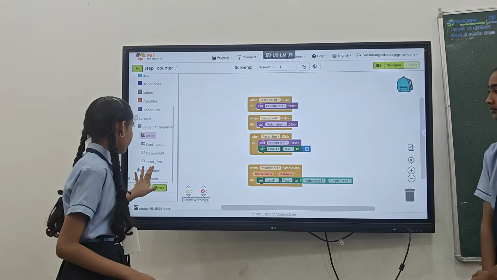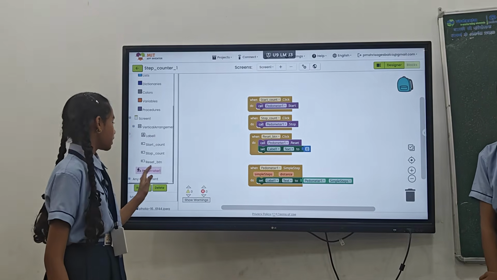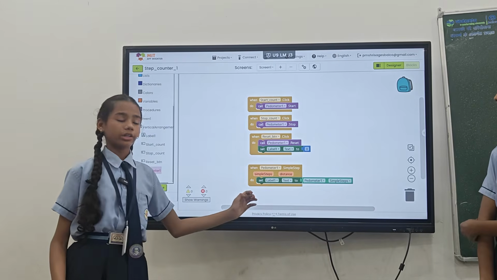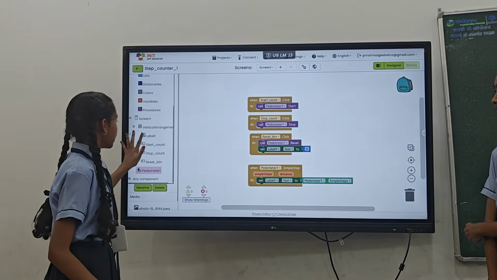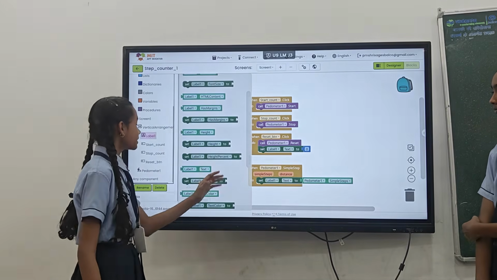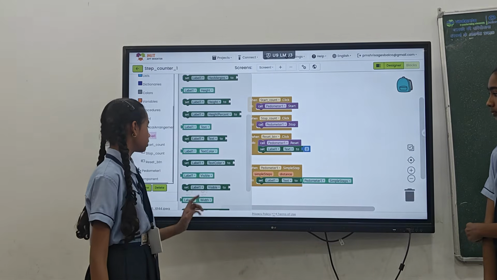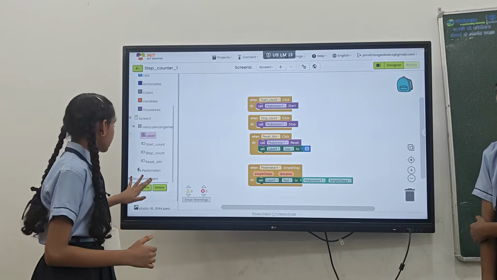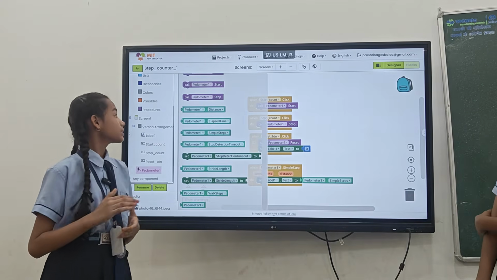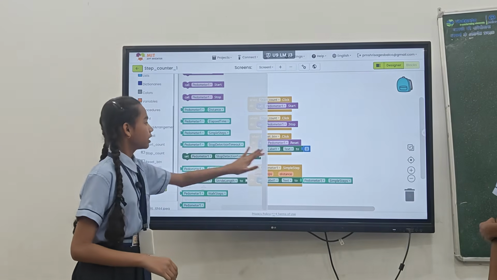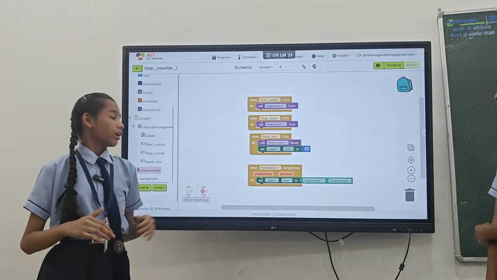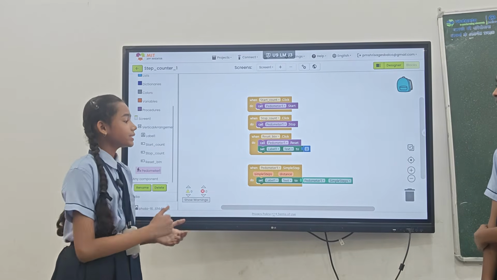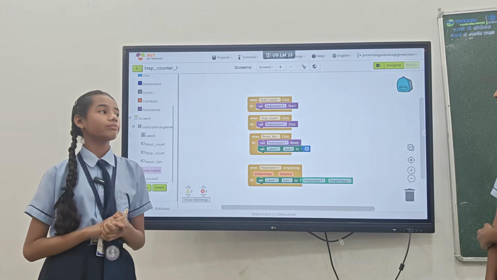Then we go to pedometer and choose pedometer 1 simple steps and drag and drop this. Then from label, we will choose set label 1 text to and drag and drop here. Then from pedometer, we will choose pedometer 1 simple steps. This explains that if we make this, then the pedometer will work, and pedometer is a sensor which tracks our steps and it's a non-visible component.